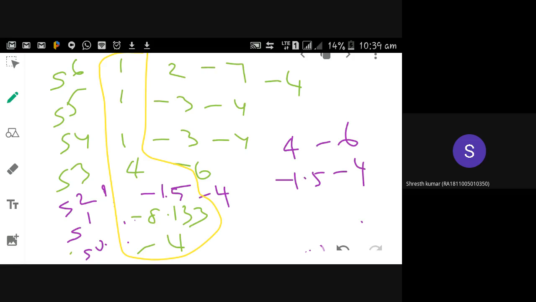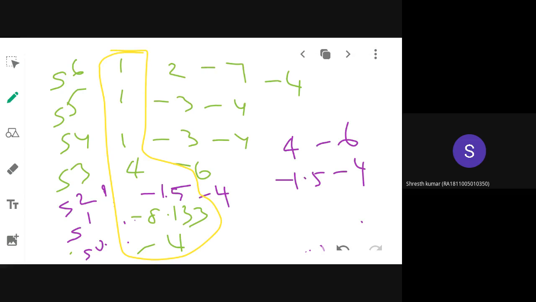So how many sign changes are there? Only one, plus to minus. So one sign change is there. One sign change means one root is located in which half? One root in the right half. So the system is what?